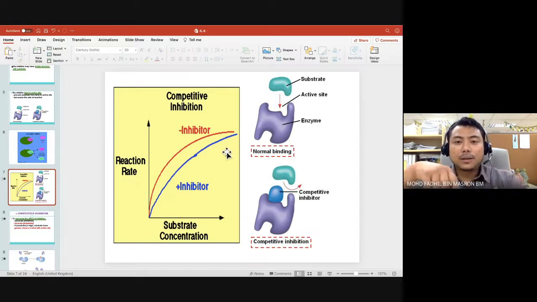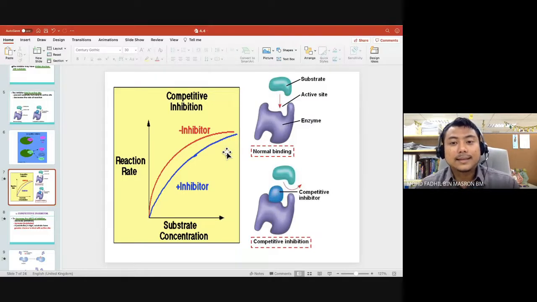Tahu tak main game musical chair tu kan? Let's say saya ada 10 kerusi dan saya ada 10 orang. 10 orang tu adalah substrate, kerusi tu adalah enzim. Senang kan, bila muzik tu habis, 10 orang tu duduk dekat kerusi tu tadi. Okey. Tetapi dalam game ini, bila saya masukkan inhibitor, saya ada 10 kerusi, saya ada 10